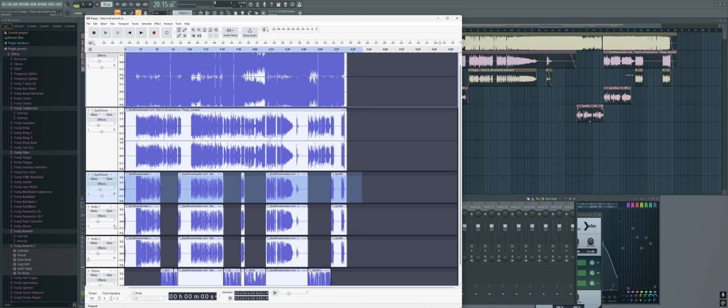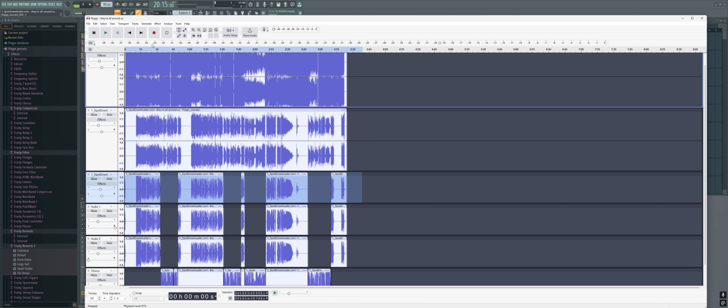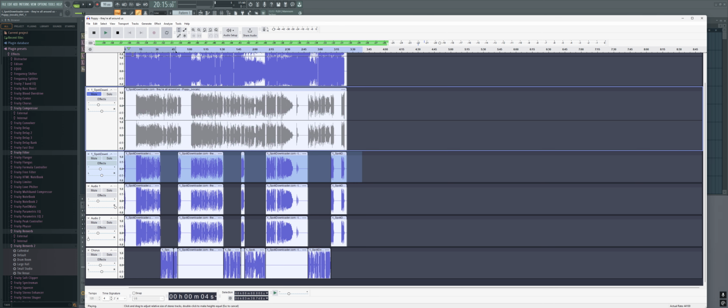Now, if I play the one in Audacity from the very beginning, you can see the audio quality is immensely different,